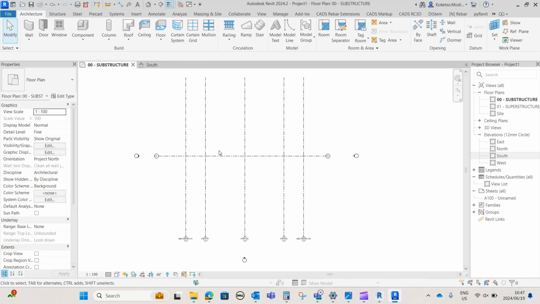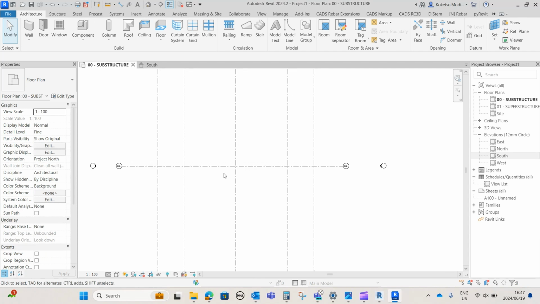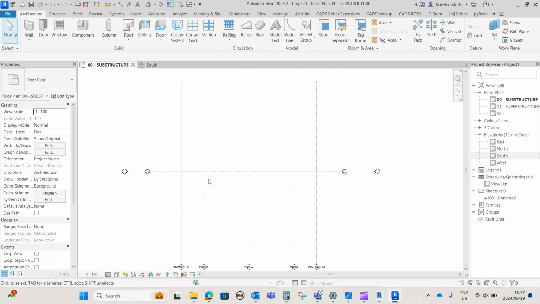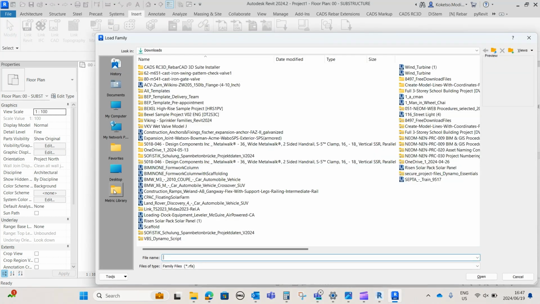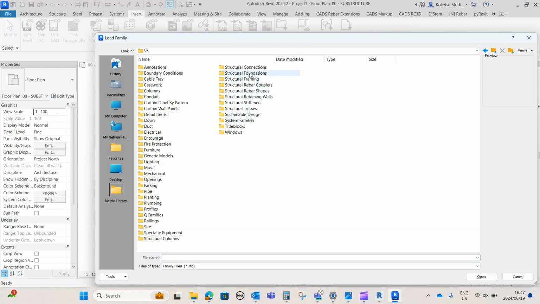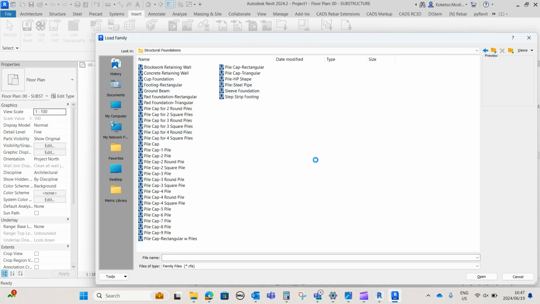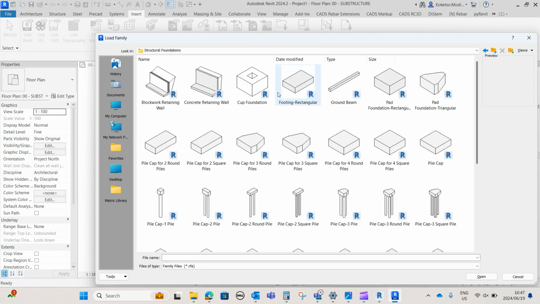So the second thing we're going to do is we're going to generate our bases for our piers. So in order for us to do that, we're just going to go to insert and say load family, metric library, and then we're going to go to structural foundations. And then let me just change this to large icons. So we're going to go with